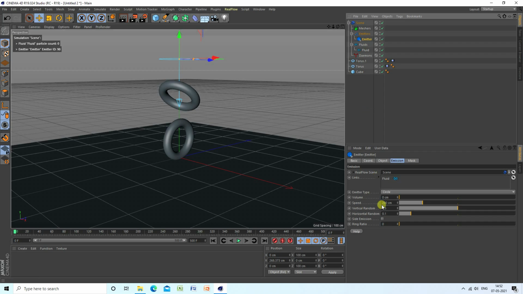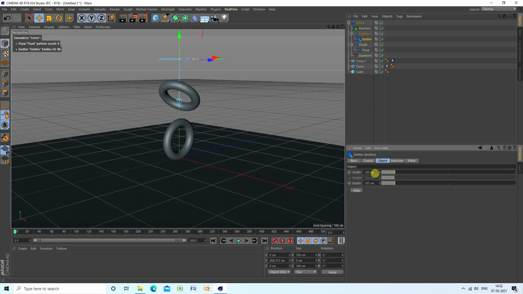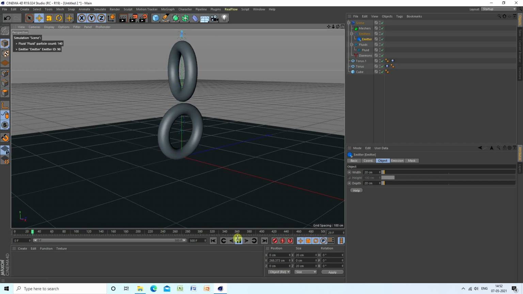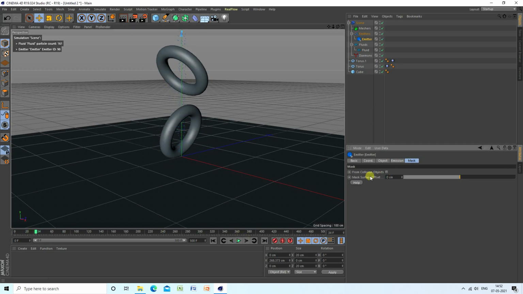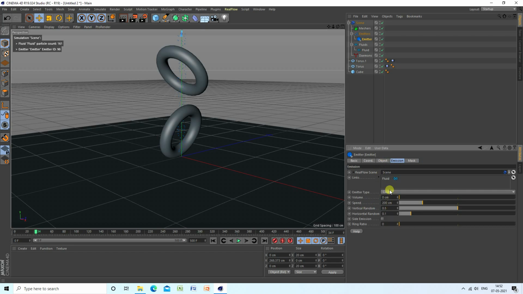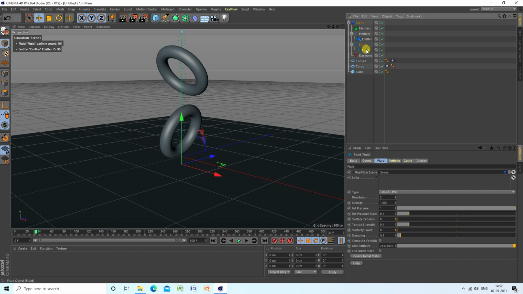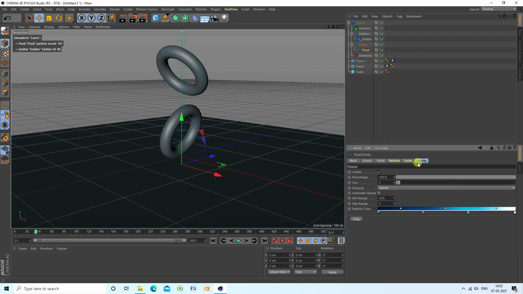Select this emitter and change the size to 20 centimeters and 20, and play. I go to emission and here, all is good. Go to flood and go to display size, increase like this.